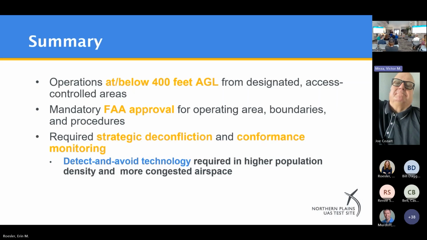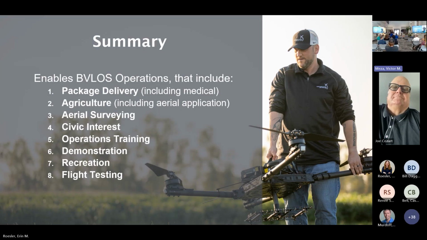So as you look at the rule set, it has some pretty big categories of what it applies to and what it does not. In fact, if I go back real quickly, what you do not see on this list is the category of advanced air mobility. So flying air taxis, if there's a passenger on board, you're not going to see that permitted under Part 108.